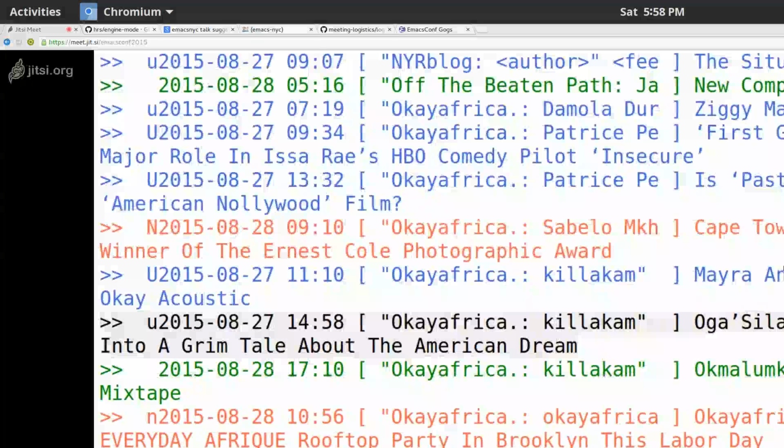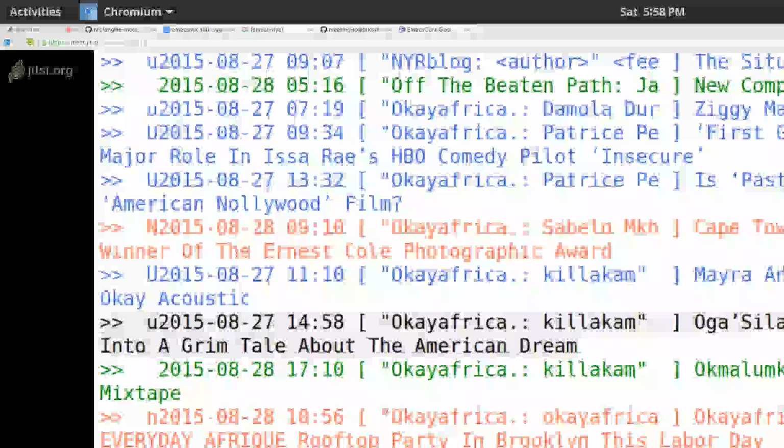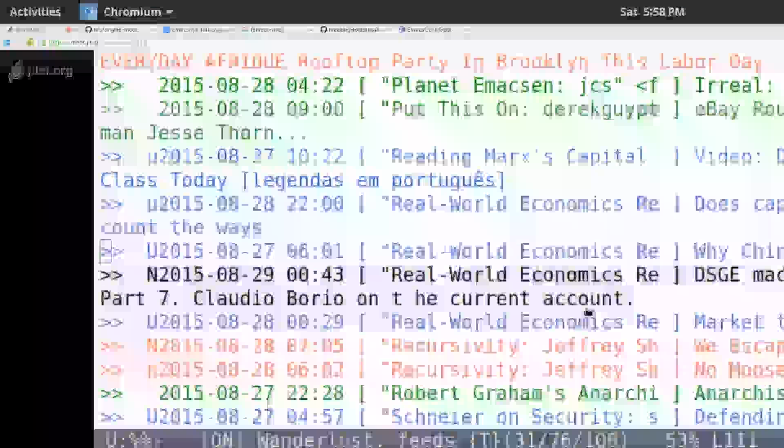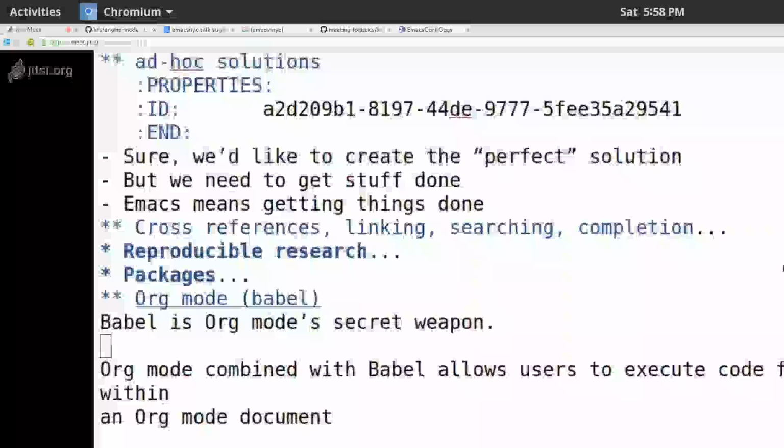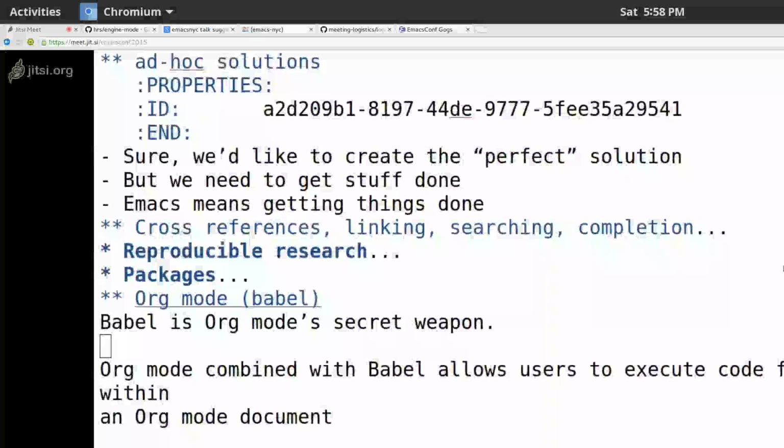Yeah. So how many other people here read their email in Emacs? What programs do people here use? So the three of you who raised your hands. I use Mutt, and I use Emacs for composing. Same here. So you both use Mutt and you compose in Emacs. Yes. You use Gnus? Yeah, I use MU4E.